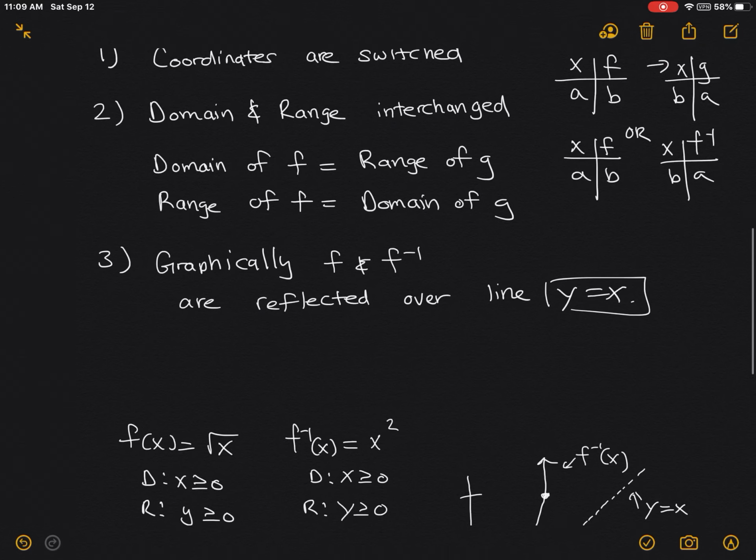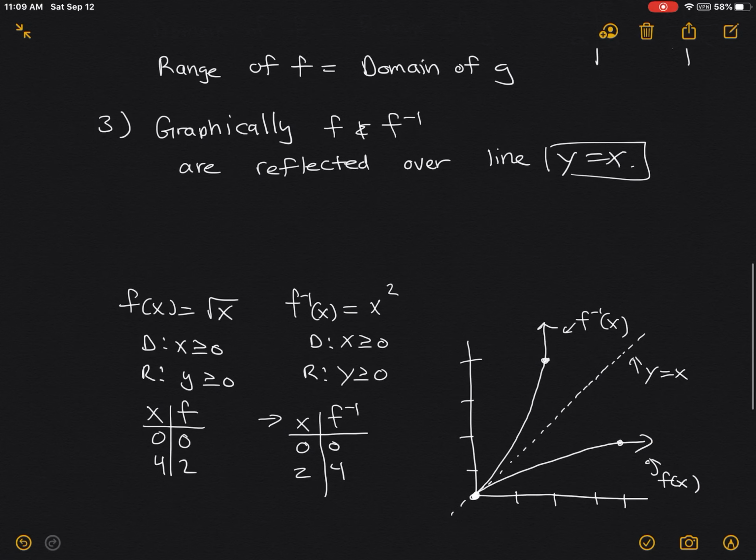Okay, so this last example, or point number 3, kind of just summarized what I said in 1 and 2. The coordinates are interchanged, domain and range are interchanged. I even informally calculated the inverse function with you in my head. What's the opposite of taking the square root of something? Well, the opposite of taking the square root is squaring. So there's my inverse. And then you can see graphically that it's a reflection